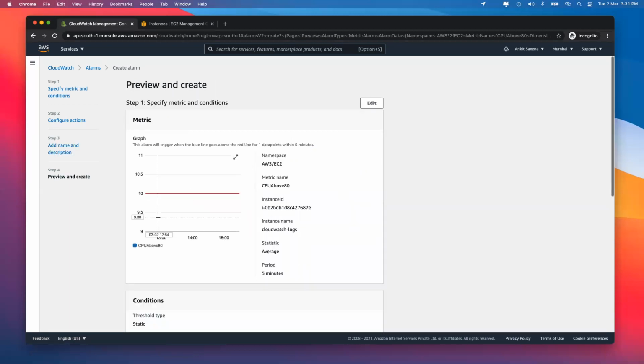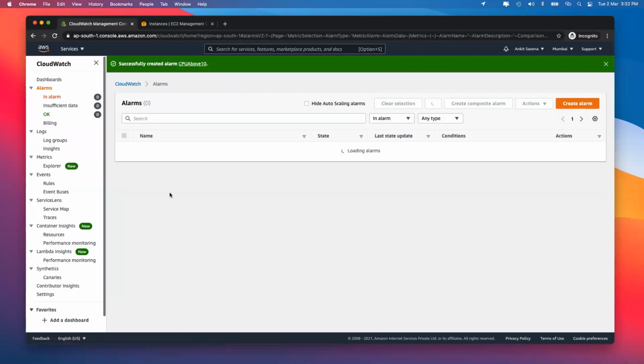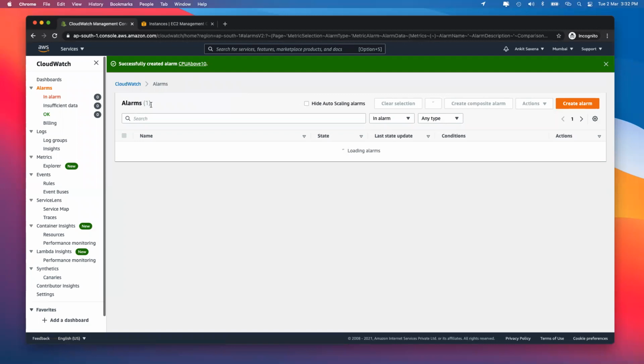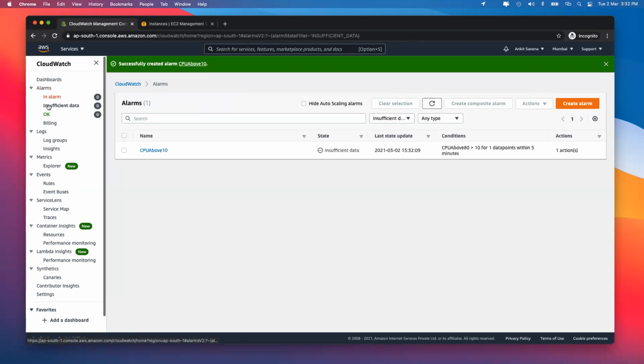So I click on next over here, and now AWS is going to tell you that your existing value happens to be somewhere over here, because we have recently created the instance also, and your alarm threshold or the maximum that you have set is 10 over here. Okay, so if you go over here and click on create alarm, now our alarm will be created. And as we said earlier, initially this alarm is going to be in this state. So I have created an alarm which will load up over here, and in some time I am going to see that alarm coming up.